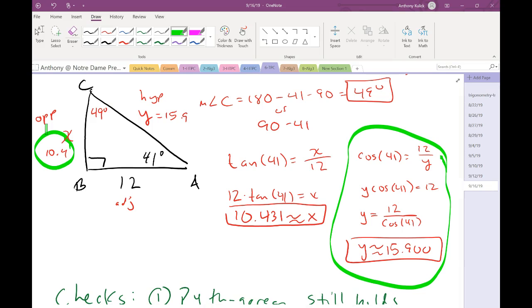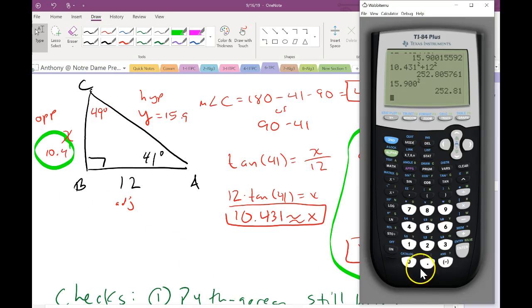So it's going to be slightly less accurate than what we had done previously. So we had 15.900155592 is like the best version. If we had used the Pythagorean theorem,